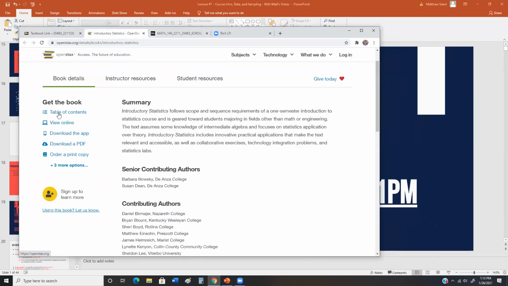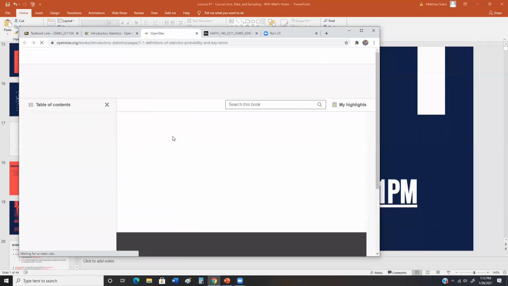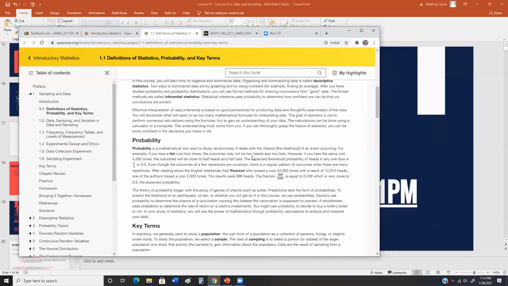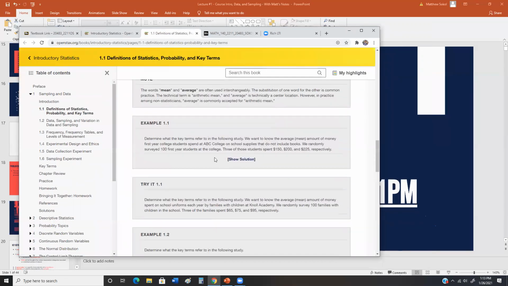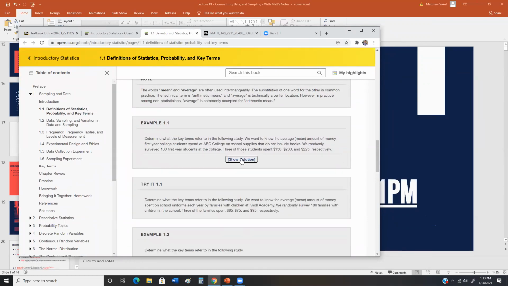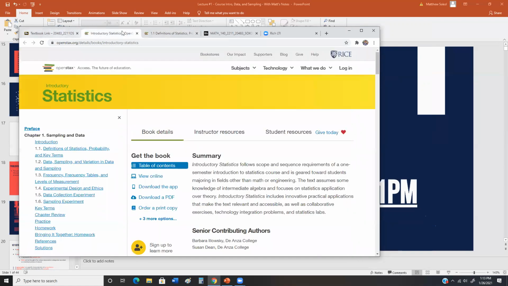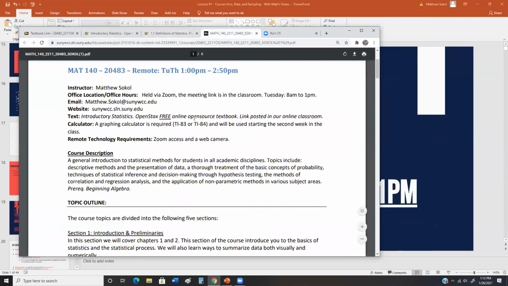But the course is actually designed to be consumed online. If you click on some of the links for the section, there'll be multimedia stuff in here, like solutions, that doesn't translate perfectly into the textbook. But it's okay to have a hard copy. I own a hard copy. It's totally fine.